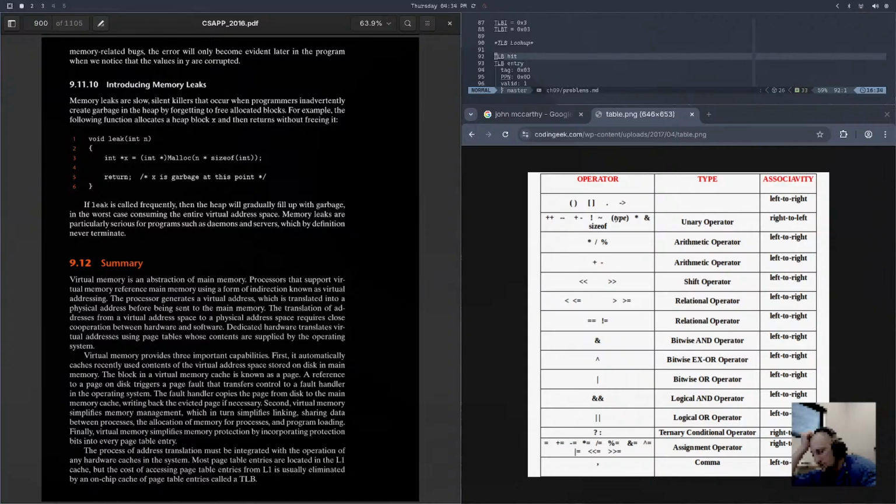Summary: virtual memory is an abstraction of main memory. Processors that support virtual memory reference main memory using a form of indirection known as virtual addressing. The processor generates a virtual address, which is translated into a physical address before being sent to the main memory. The translation of addresses from a virtual address space to a physical address space requires close cooperation between hardware and software. Dedicated hardware translates virtual addresses using page tables whose contents are supplied